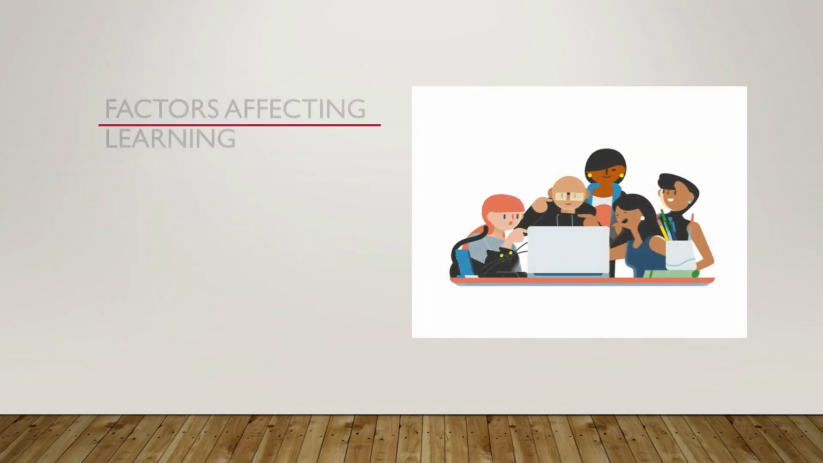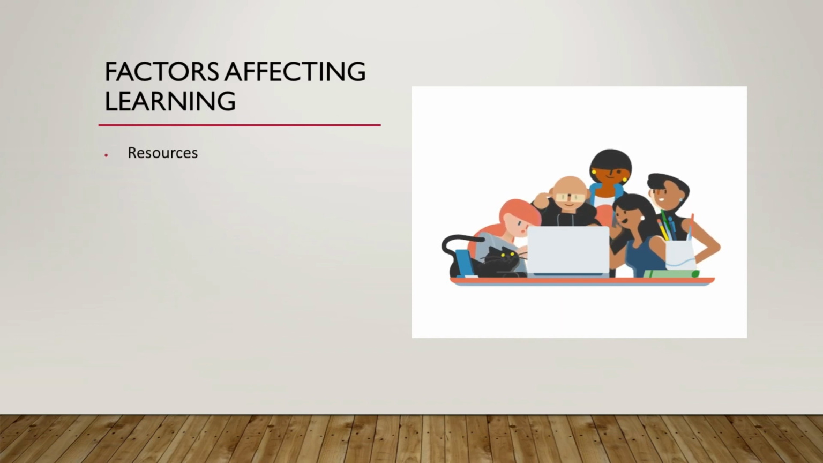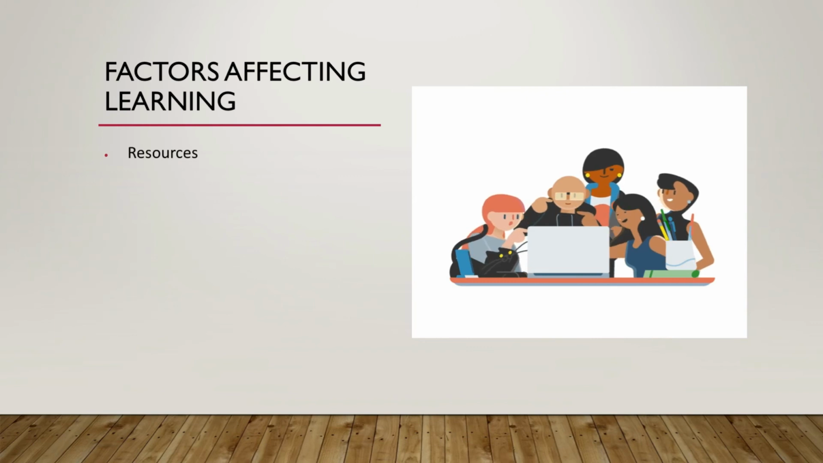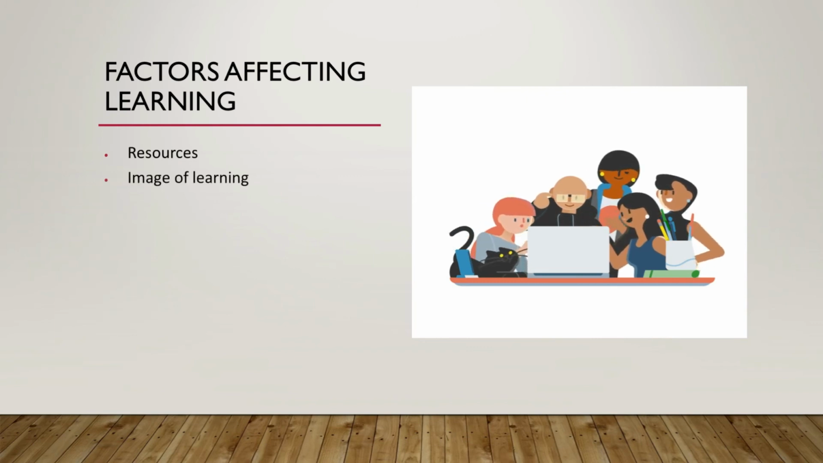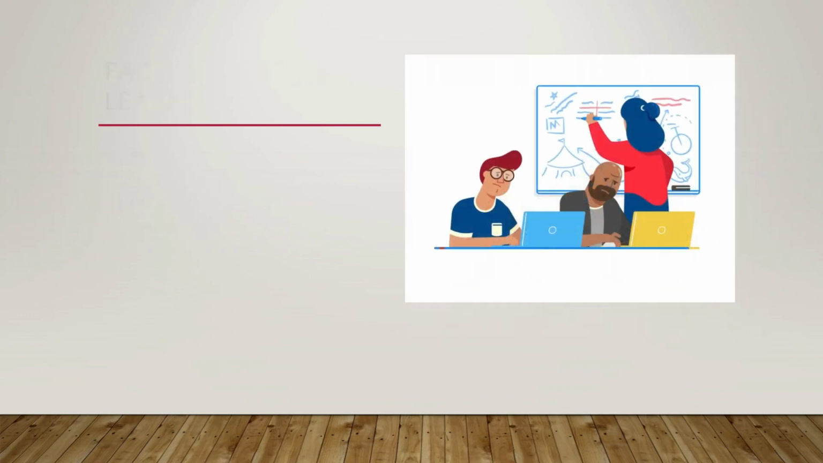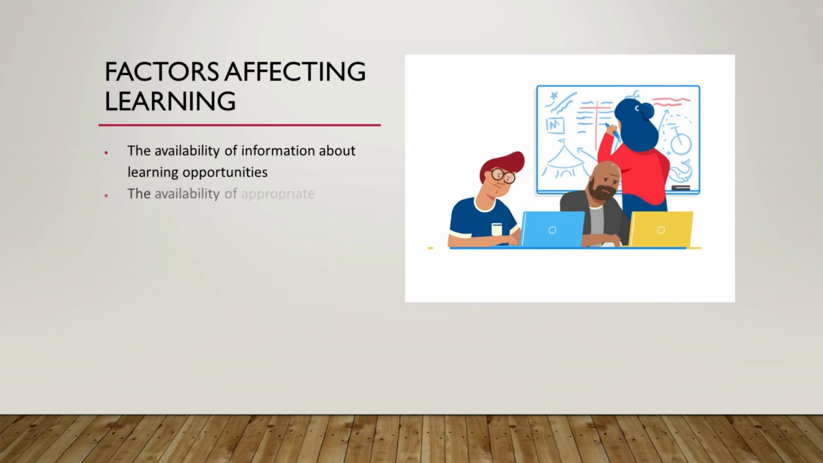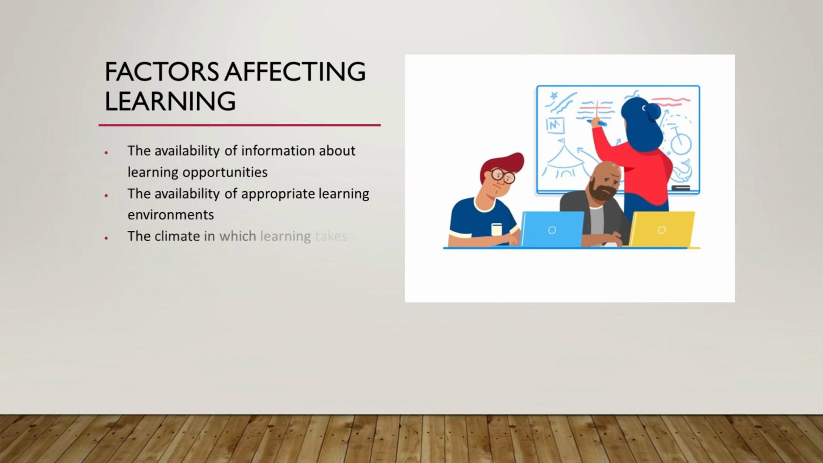Factors affecting learning. The key factors affecting learning include their resources, their image of learning, the rewards associated with any learning activity. Factors affecting learning. The key factors affecting learning include the availability of information about learning opportunities, the availability of appropriate learning environments, the climate in which learning takes place, especially that created by government and employers,